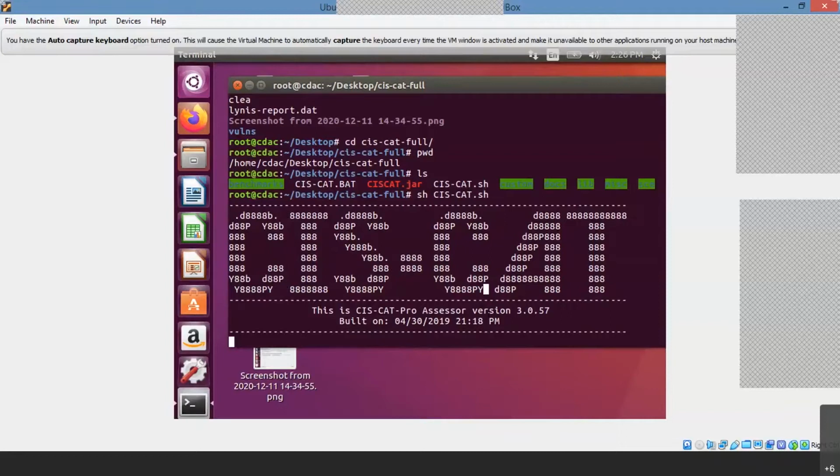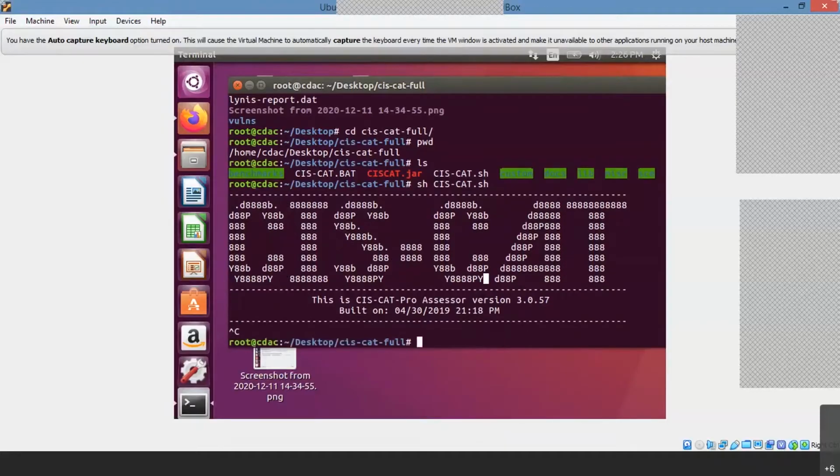Before that, what we can do is check the permissions. chmod, give the full permission to that.